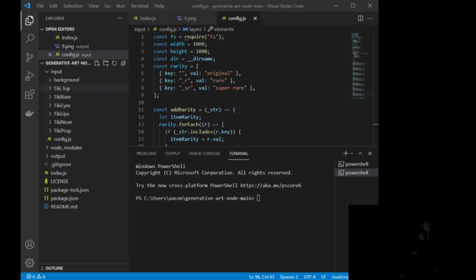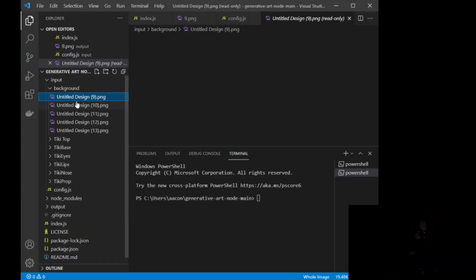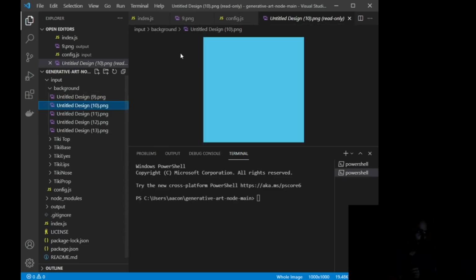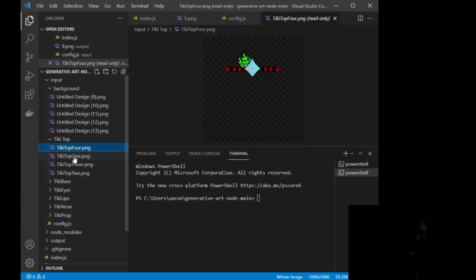So what you're seeing on the left side here in input is a folder inside of this main generative art node main, and inside of the input folders we have all of these different folders where we have our backgrounds. Right, so if I load these, you'll see all of the different backgrounds that I have, so on and so forth. You can see the different